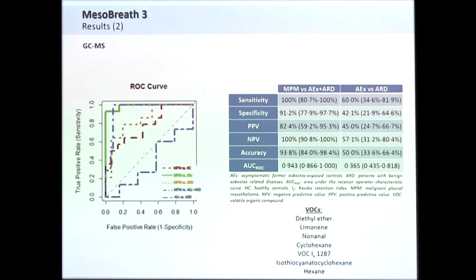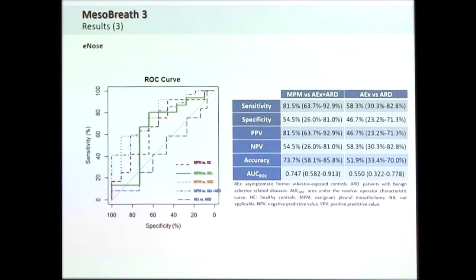Again, what we saw before is that we could not discriminate between both groups with occupational asbestos exposure, with or without benign disease. So this also validates our previous finding with IMS. We could not discriminate between both of the groups, which is reflected here in the purple line. Now, results for eNOS have lower characteristics, but again, we have in-line results, so we could discriminate our mesothelioma patients from both at-risk control groups, and again, no difference between both groups with and without asbestos-related diseases was possible.